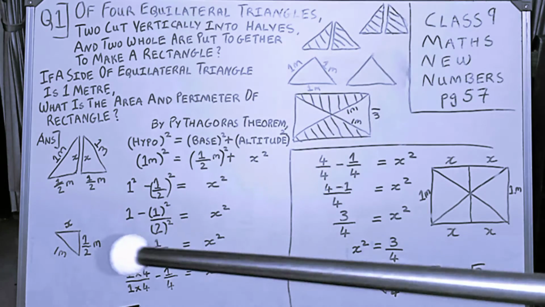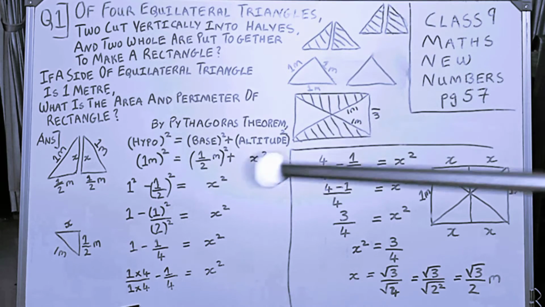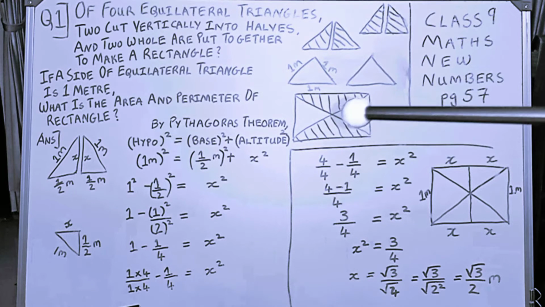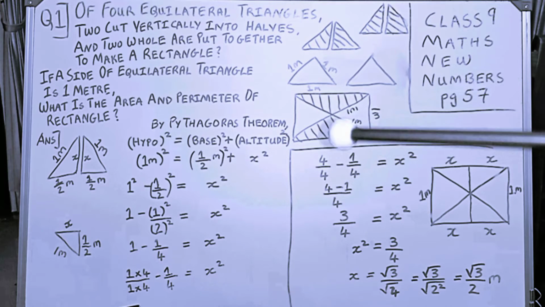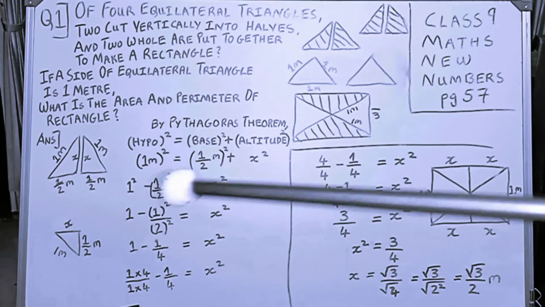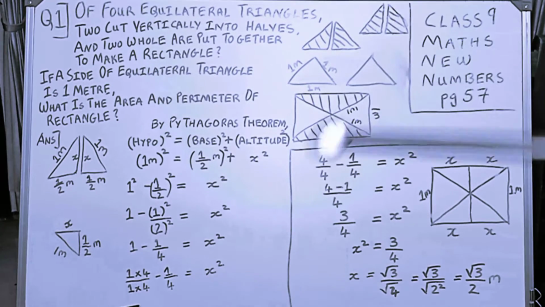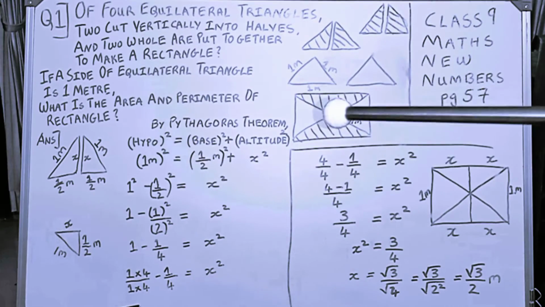Now if you see this triangle kept over here, if you can imagine that, this side is 1 meter, this side is 1 meter. If we put a vertical line from top to bottom, the total would be 1 meter, and when it is split into two halves, this would be half meter. That is what is written over here. This vertical line would be half meter. So you can see the sides. This is half meter, this half meter is over here, and this 1 meter is this line.